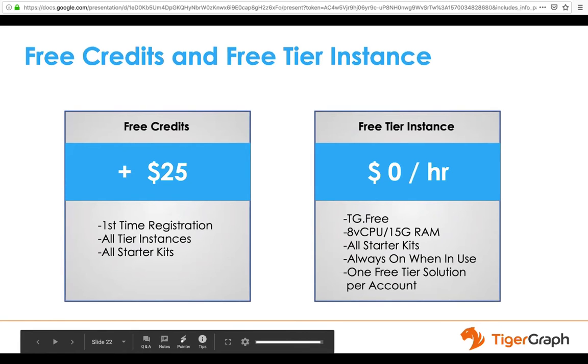The termination policy for the free tier instance and the free credits are slightly different. For instances created using free credits, when you use up the free credits and there's no valid credit card in the system, the solutions will be terminated. So one tip, if you have modified your queries and schemas and want to use it again in your free